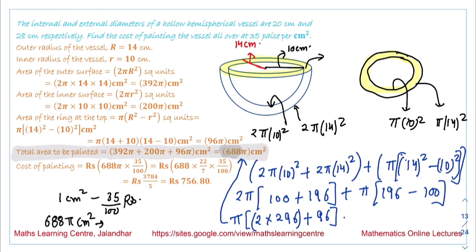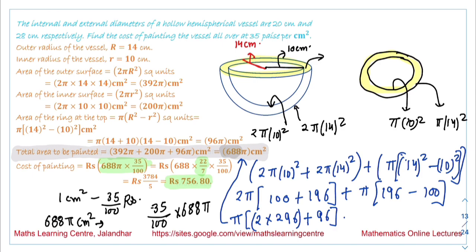To paint this area, the cost will be 35 by 100 into 688 pi. Taking 22 by 7 in place of pi, when you solve this value, you will get the answer 756.80